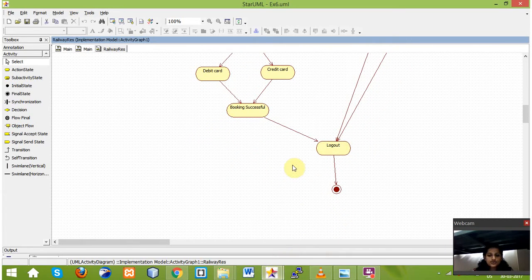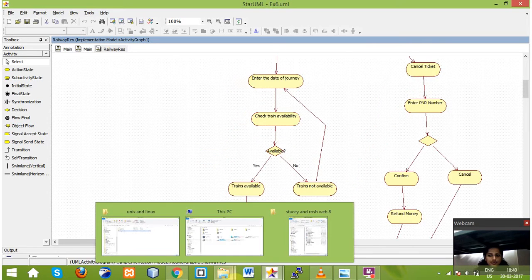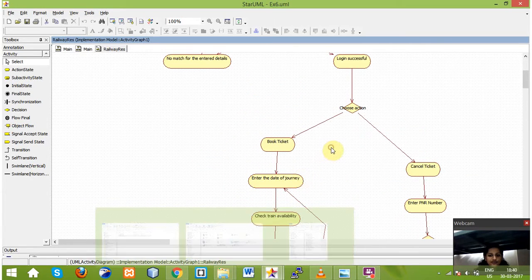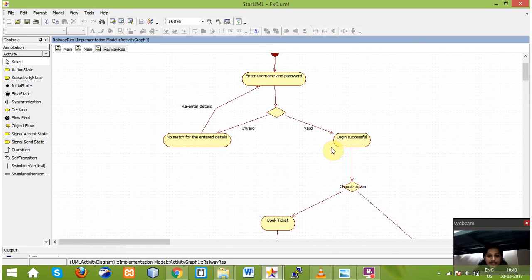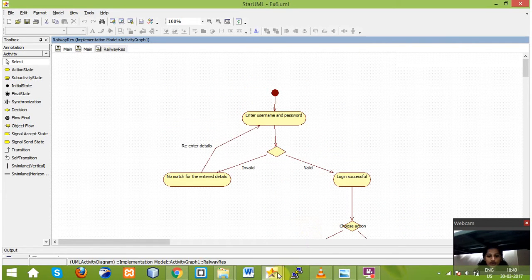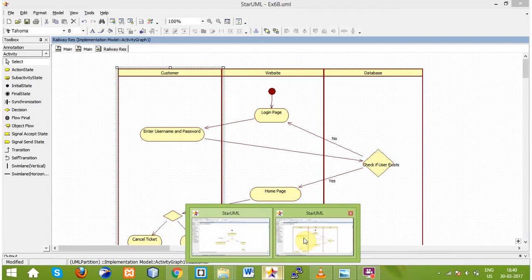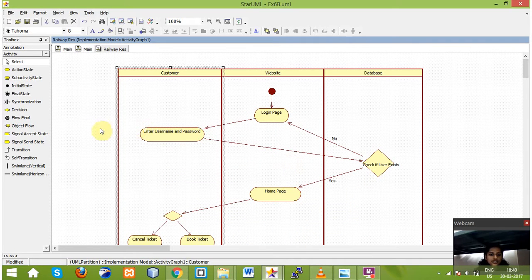So this was basically my activity diagram. This is a simple activity diagram where all the objects' activities are combined into a single diagram. Now we will be discussing the swim lane diagram. In the swim lane diagram, the difference is that each object is separated by a